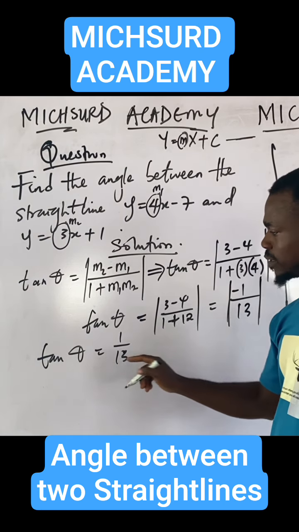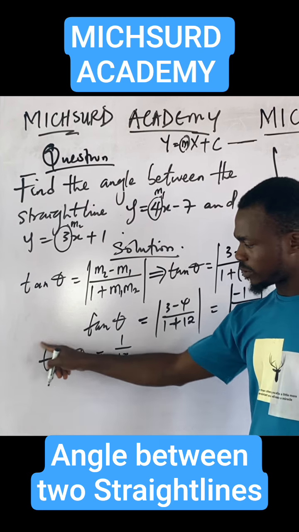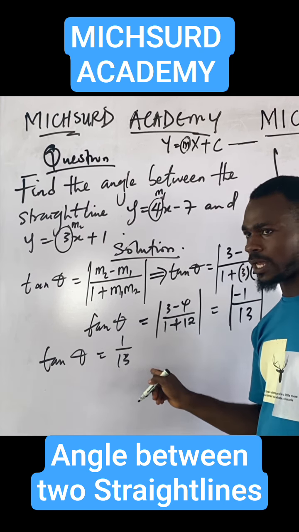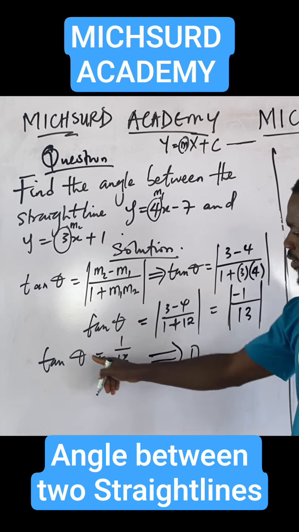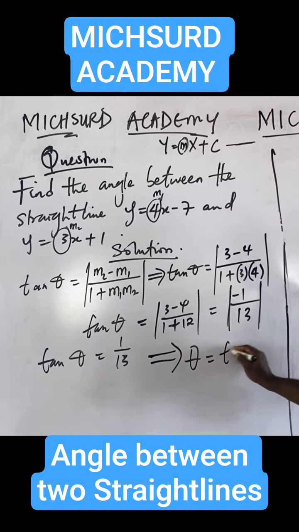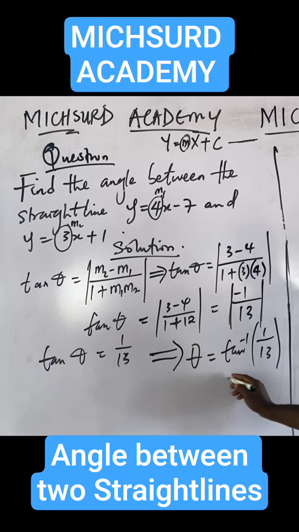But the question is to find the angle, not the tangent of the angle. So we are going to move the tan to the other side, so that theta will remain, and tan will move over and become tan inverse of 1 all over 13. So this gives us